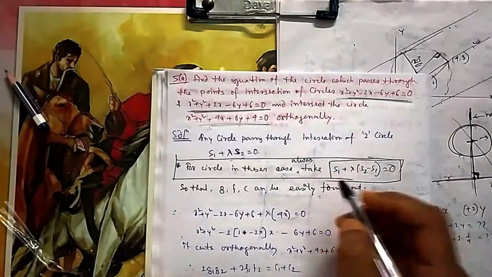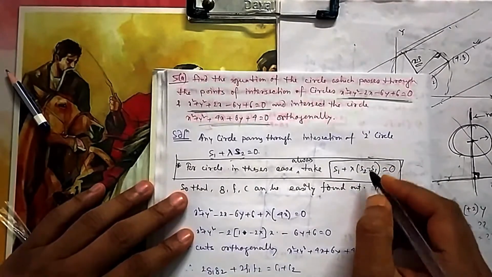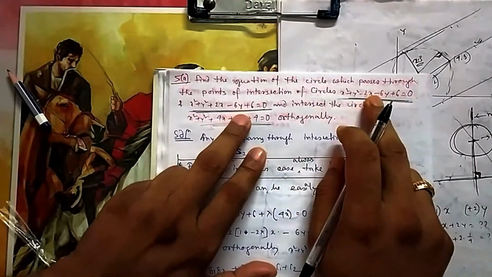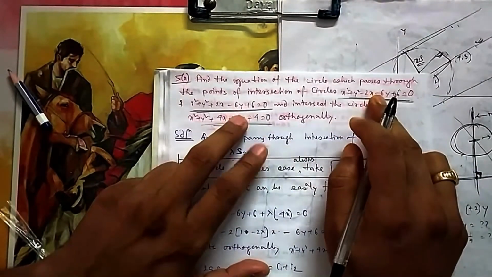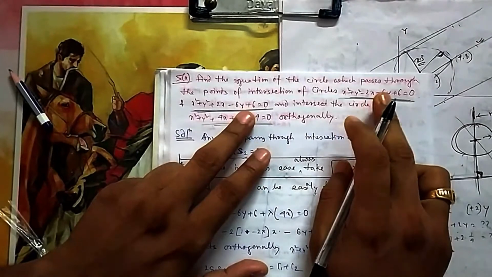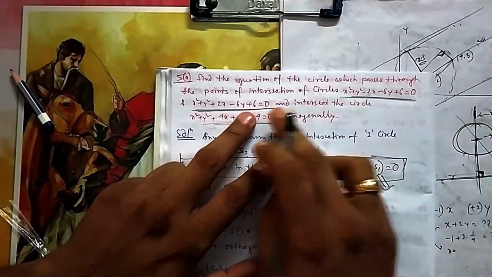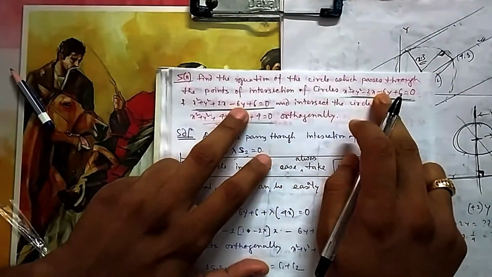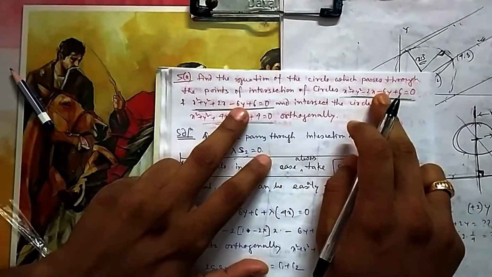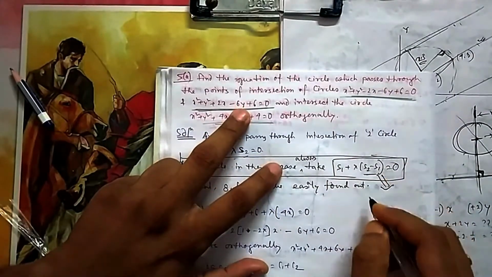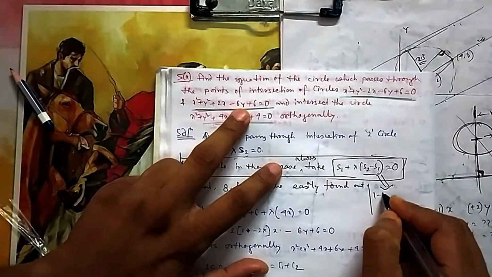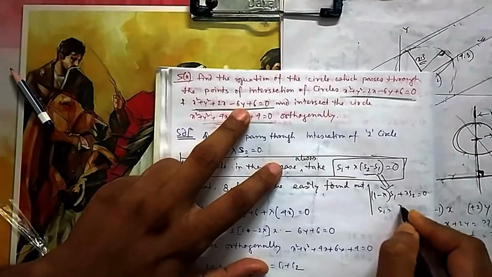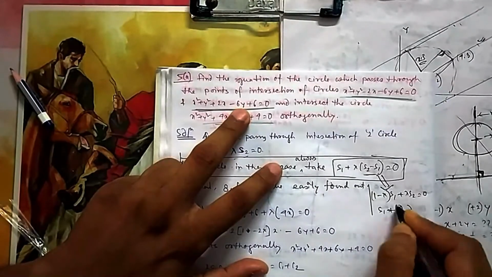While discussing theory, I told you in some cases we will be taking this one for a shortcut, but this one we cannot apply everywhere. This is fine because you have nothing to calculate. In JEE Main you will find in one question they have asked you to find the value of p for which the circle can pass through the intersection of the circles. If something is missing in between these two and you need to find that value for which it is possible, then because this is not the original, why? If you take lambda common, it is 1 minus lambda into s1 plus lambda into s2 equal to 0. So s1 plus lambda by lambda minus 1 into s2 equal to 0.